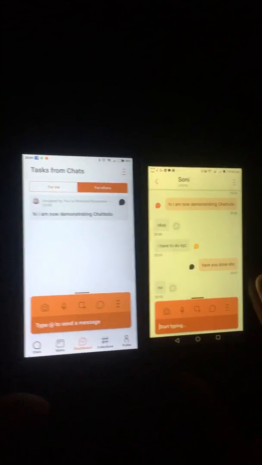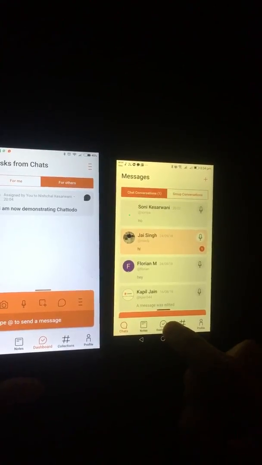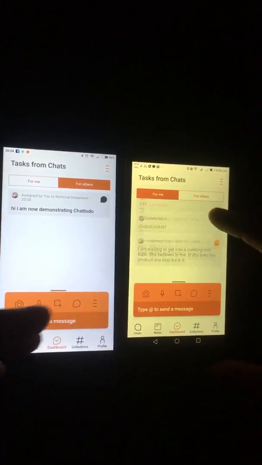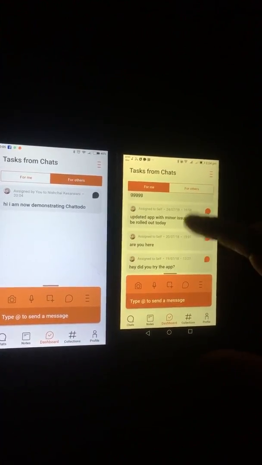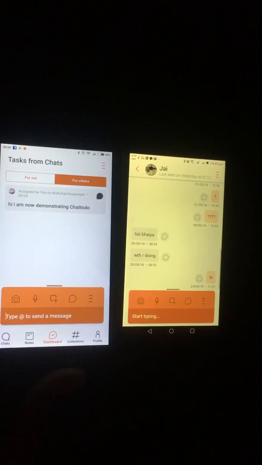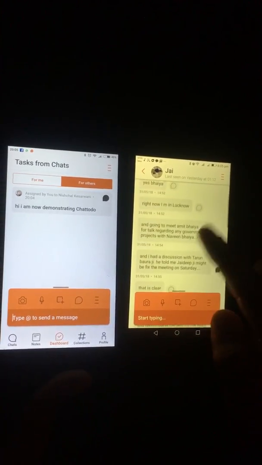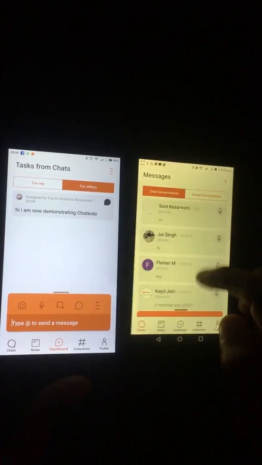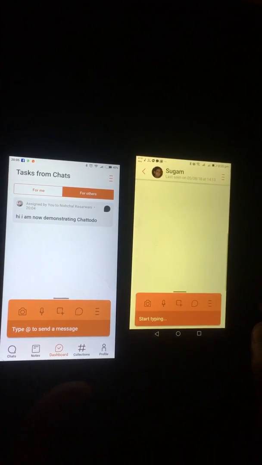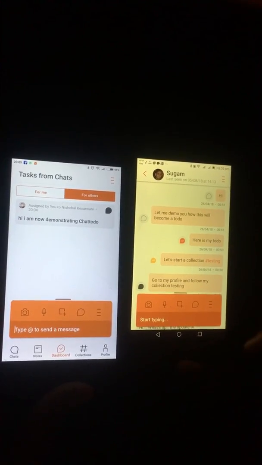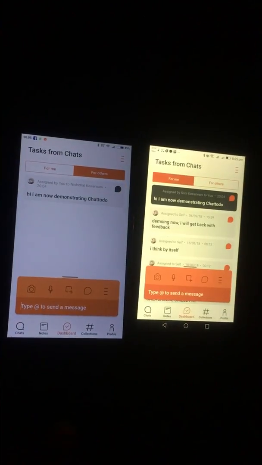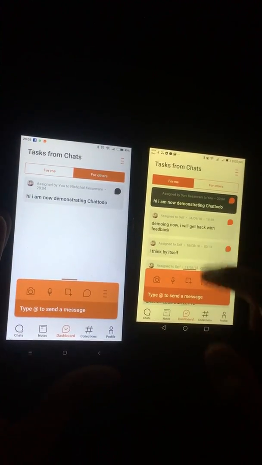Now I go on my phone, Nishchal's phone, and Nishchal goes to his dashboard to see what are his to-dos. And these are all his to-dos across his various chats with all his team members. For example, let's say I open a chat here, and I could see to-dos between I and J. Let's say I open a chat here, and I can see all the to-dos and the nature of those to-dos between I and Sugam. All of this I can see as a summary on the dashboard. This dashboard is showing me all of that.